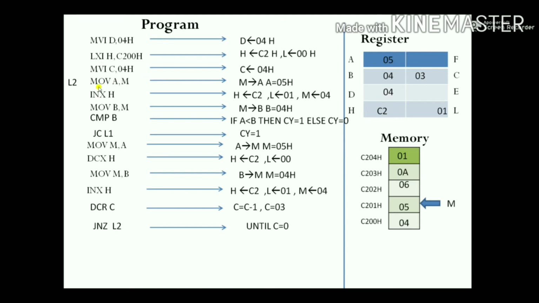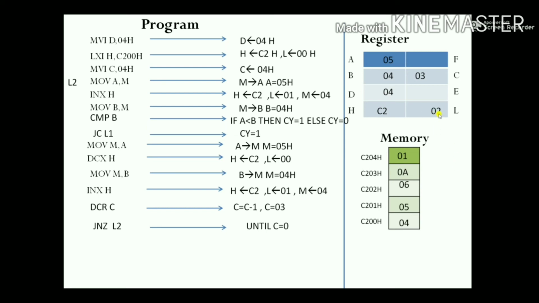Now the accumulator has the content 05. Why? Because memory has the content 05, and we are transferring from memory to accumulator. So the accumulator will be 05. We are again incrementing, so it goes from C201H to C202H.